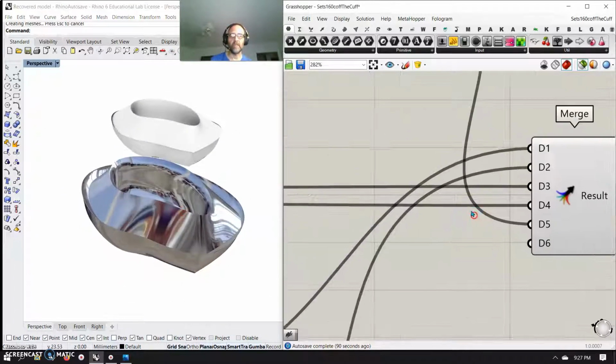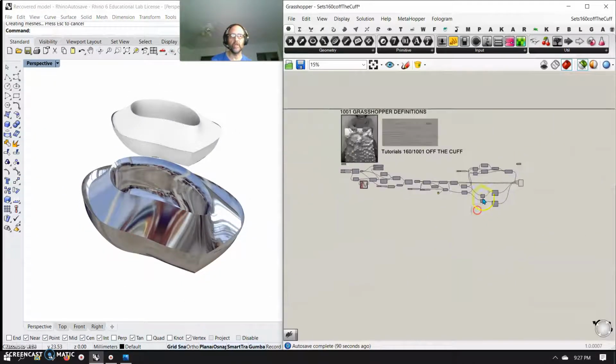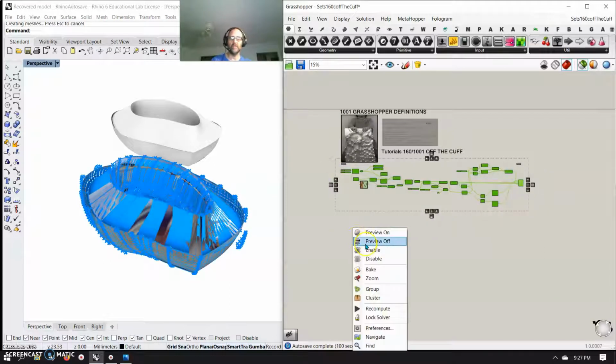Really nice script for making an infinite array of forms. Hope you guys really enjoyed it. Like I said, that was off the cuff. I definitely just went into it. I got stuck on the